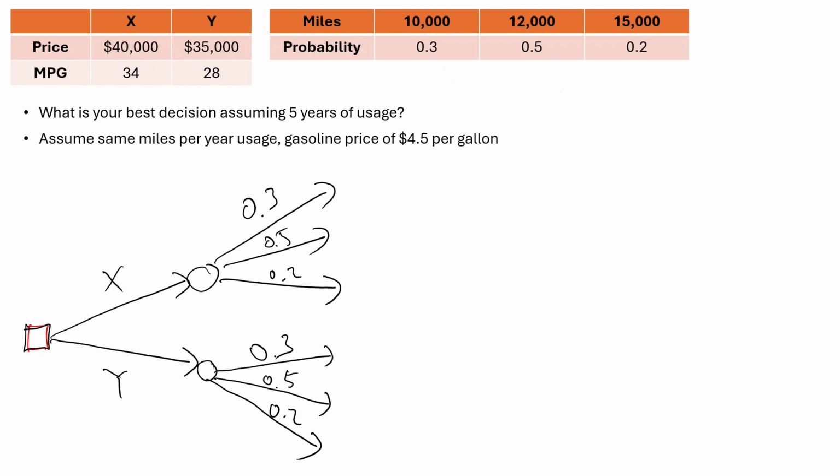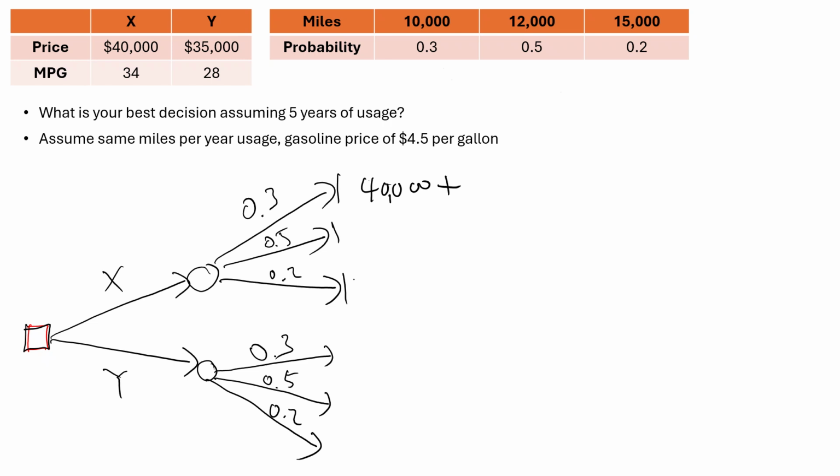What happens next? There's nothing else after this, right? It's the end of our tree, so I'm going to put my vertical bars here. Let me just calculate this for the top branch, and then you can repeat for the other ones. So vehicle X costs $40,000. So the net payoff, or the net outcome, is 40,000 plus